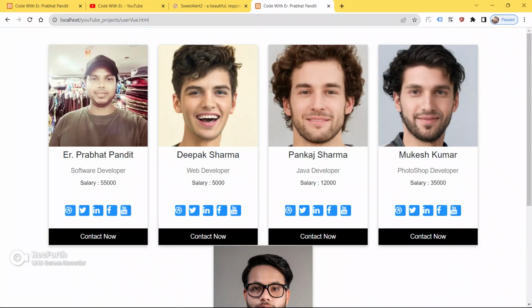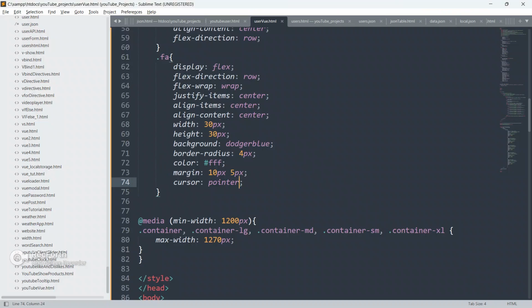Now save your code, go to the browser and refresh your page.